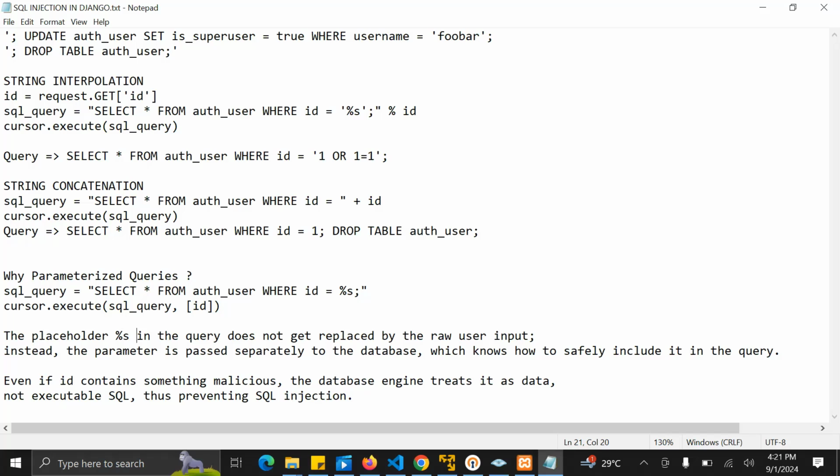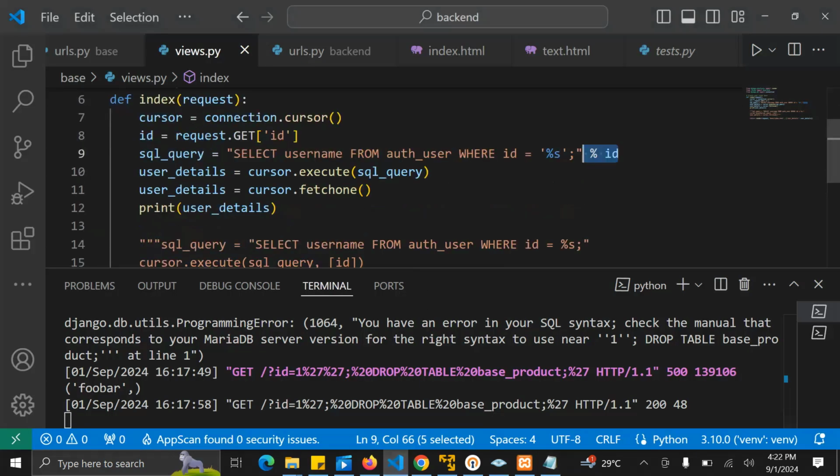Okay, so when you use parameterized queries, the database itself will separate between query and the data, and it will actually make sure these parameters are being sanitized. Okay, so even if ID contains something malicious, the database engine treats it as data. Okay, so this will be treated as data and not SQL query. Not an executable SQL query, thus preventing against SQL injection. I hope that's clear. So we'll comment this part, which is actually vulnerable to SQL injection,